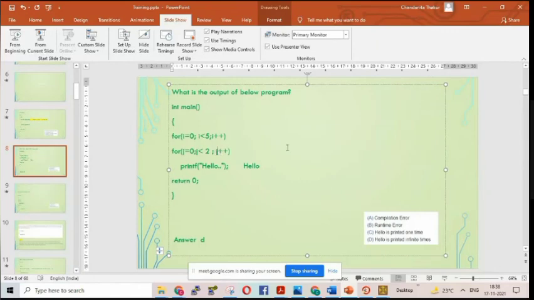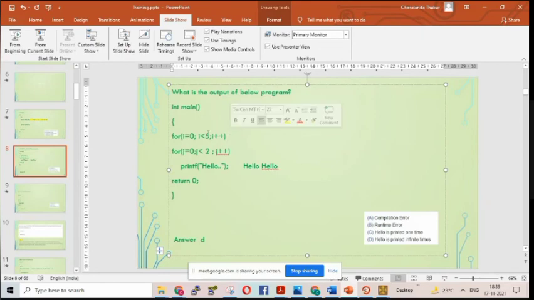You just see one thing. If I write j less than 2, once hello is printed with j equals to 0, now j will be incremented to 1. 1 is less than 2, so yes, hello is printed again. Now the j loop is over. j will become 2. Is 2 less than 2? No. So now we will go back to the outer for loop.